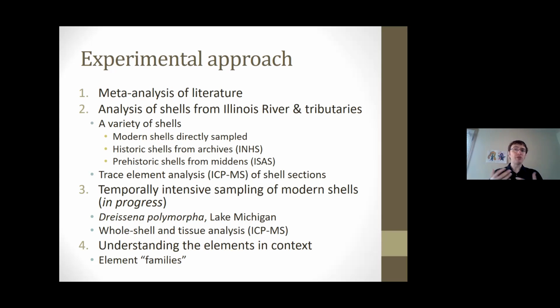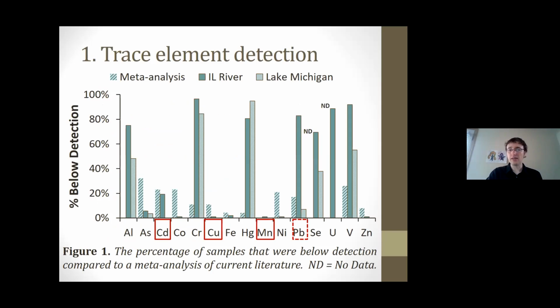One thing I'm going to tell you about my approach: there are a lot of elements, and as you've already seen, I'm going to focus on 4. I'm trying to figure out how these elements act and see if there are any patterns, and put them into element families. Do some of them act in a similar way? Do they act in different ways? What could be driving what is going on with these elements? So let's answer some of those questions that I asked earlier on.